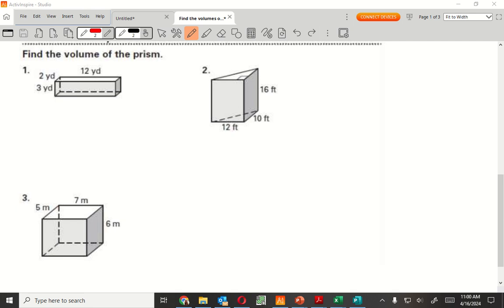What are you doing, Leo? You're on the wrong page. You're doing